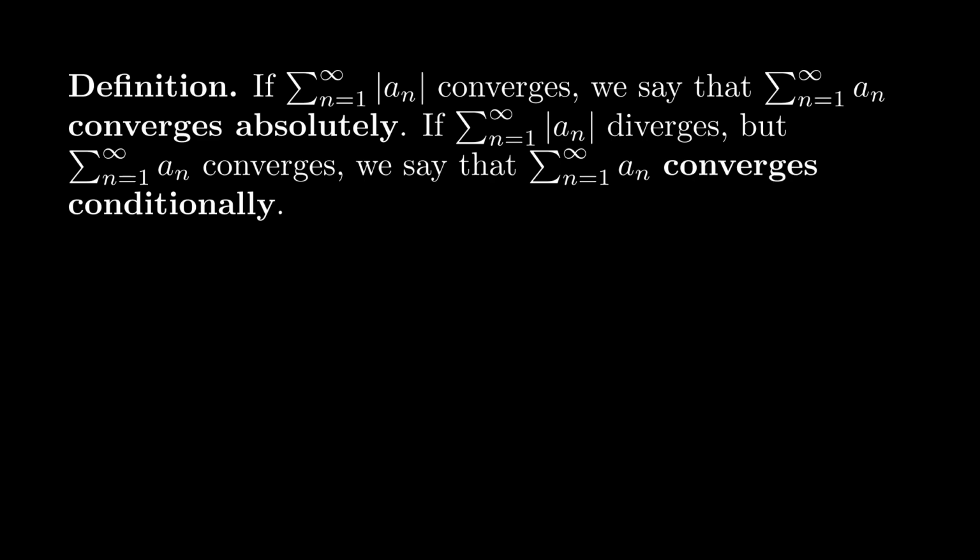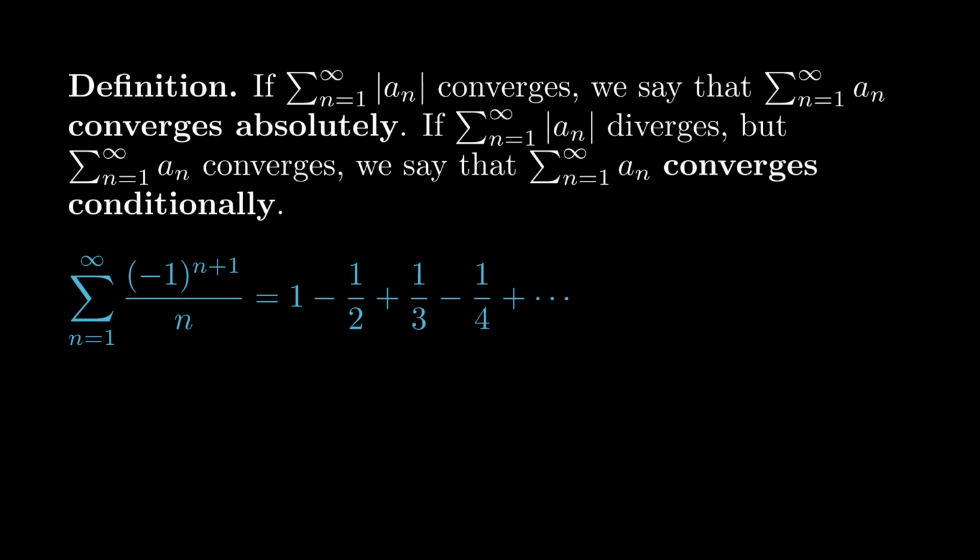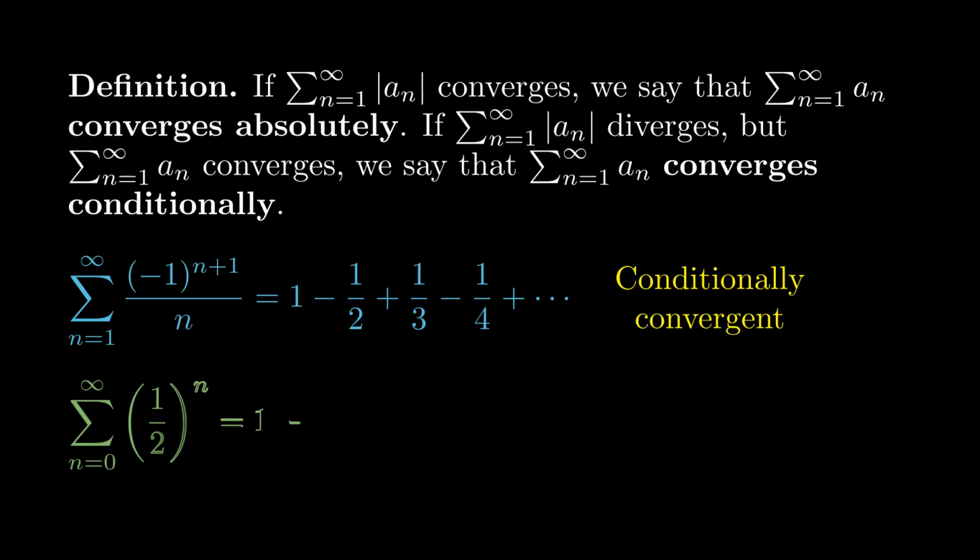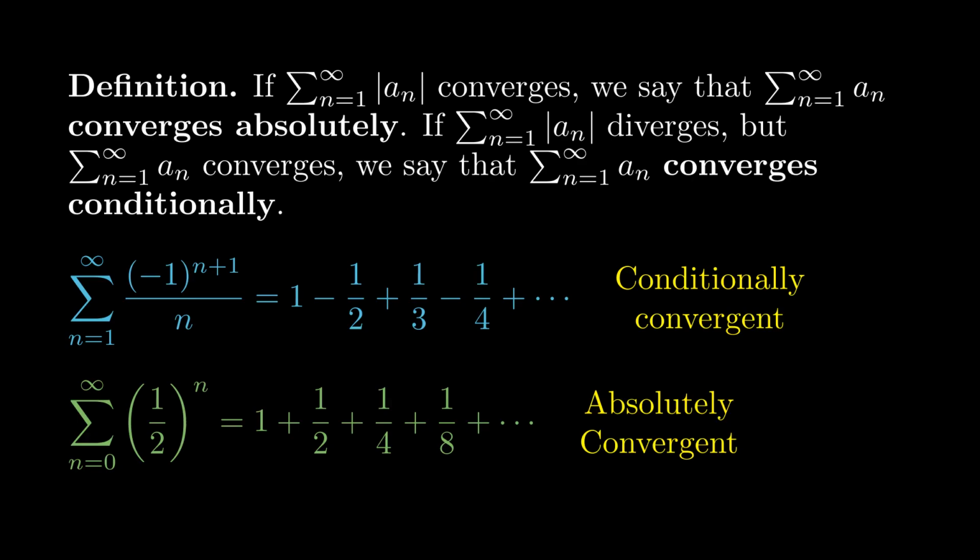it converges conditionally. Using these two new definitions, we describe the behavior of the alternating harmonic series as conditionally convergent, whereas something like the geometric series sum n equals 0 to infinity of 1/2 to the n would be absolutely convergent. Informally, we can think of a rearrangement of a series as adding the terms in a different order, so